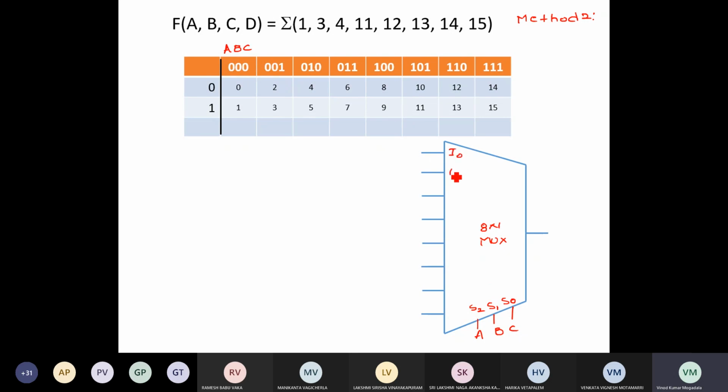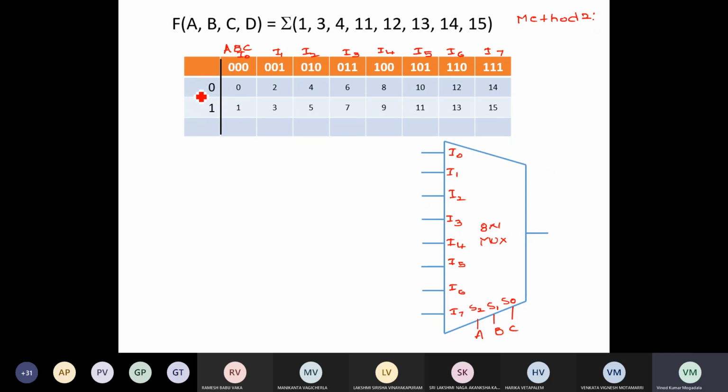So this is I0, I1, I2, I3, I4, I5, I6, I7.